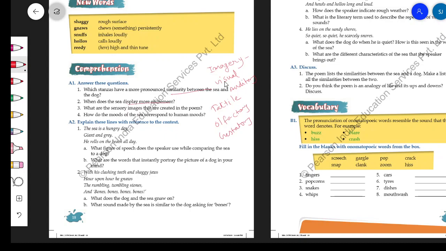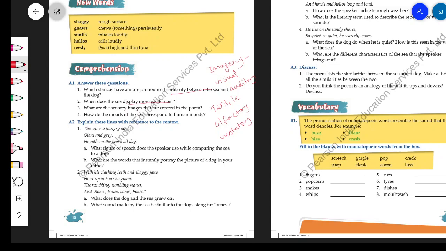ऑडिटरी इमेजरी इन्वॉल्व्स लाइक साउंड साइड. टेक्टाइल इमेजरी जो है वो टच, जैसे कि कोल्ड, हॉट, वार्म, इन चीजों को बताता है. ओल्फैक्टरी ये आपके स्मेल की इमेजरी है. और गस्टेटरी ये टेस्ट से रिलेटेड इमेजरी है. सो लाइक यू कैन गो थ्रू द पोएम एंड यू विल फाइंड दैट दिस पोएम इज पर्टिकुलरली रिच इन imageries,